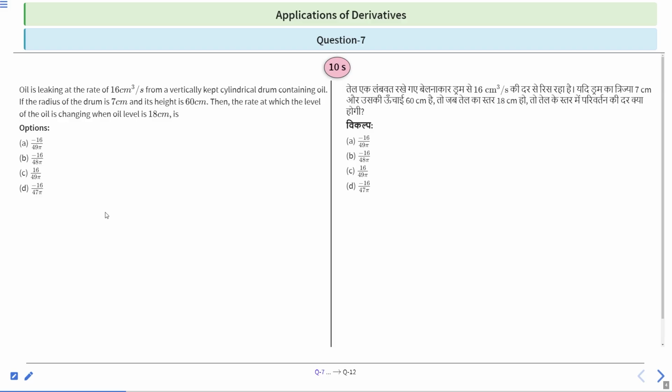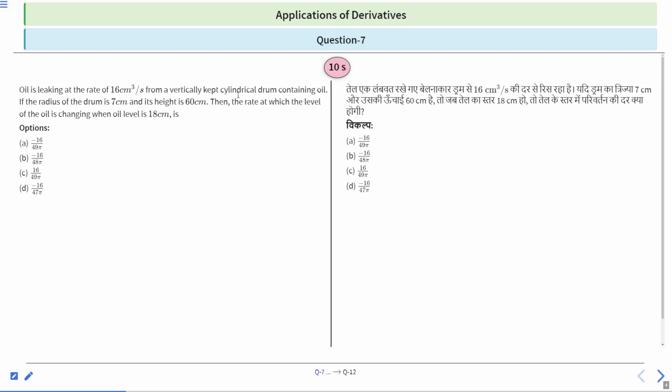So let's start with question number 7, which says oil is leaking at the rate of 16 centimeter cube per second from a vertically kept cylindrical drum containing oil. If the radius of drum is 7 centimeter and height is 60 centimeter, then the rate at which the level of oil is changing when oil level is 18 centimeter is. So in this question, the hint is see, the oil is leaking at the rate of 16 centimeter per second is given. That is, volume is decreasing